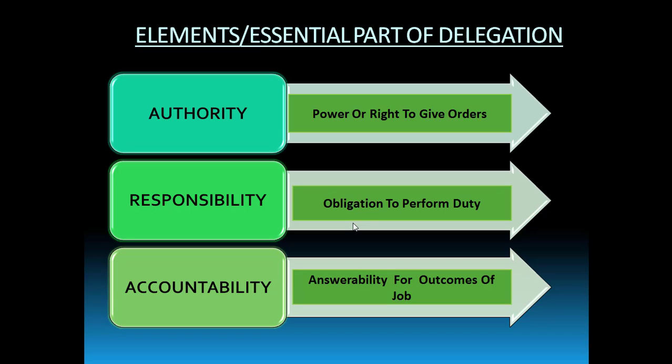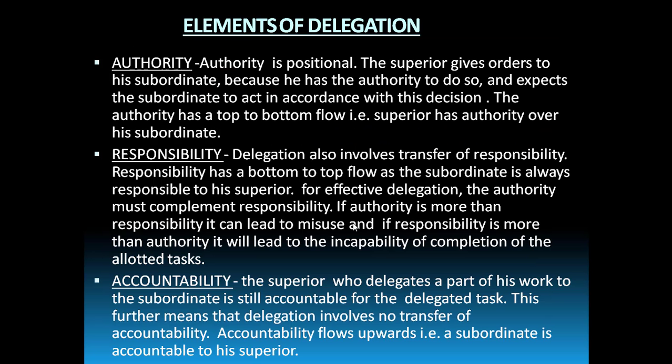That is, he is always accountable, answerable for the outcomes. Whether the result which is coming out after the performance of the job is negative, that is, it is being done in a wrong way, or it is positive, that is, the person is able to achieve the target. For everything, an individual will be accountable if he has to perform the job, right?